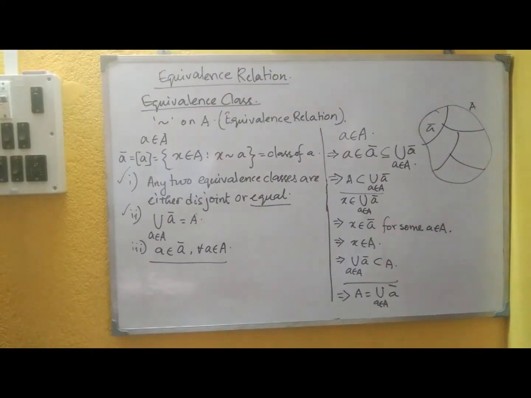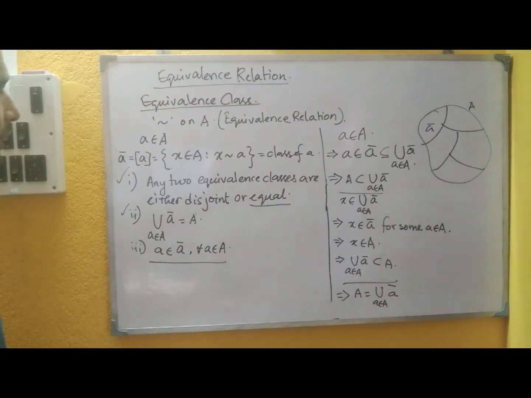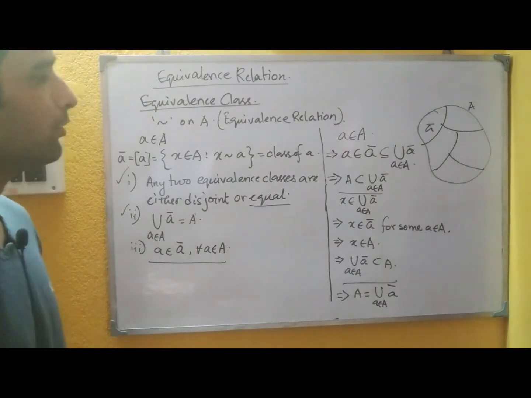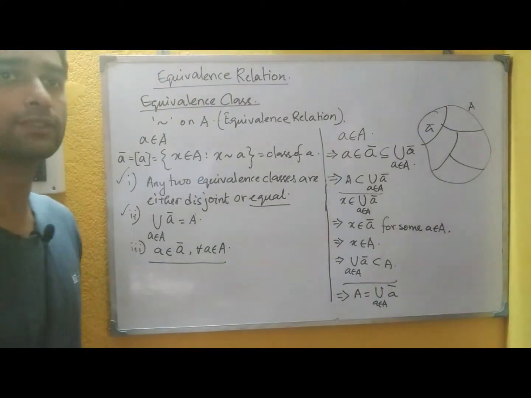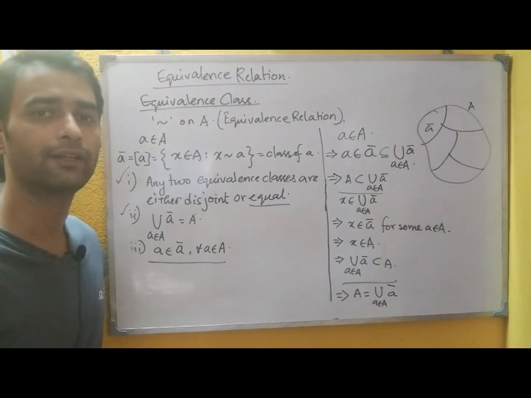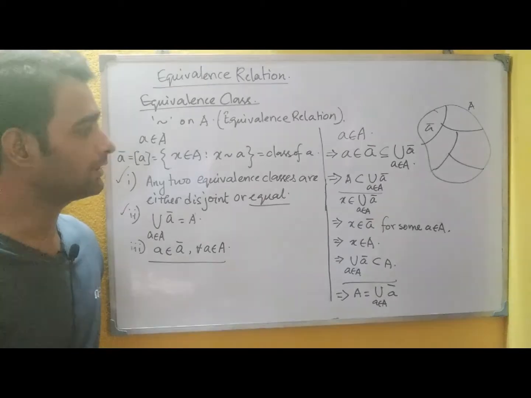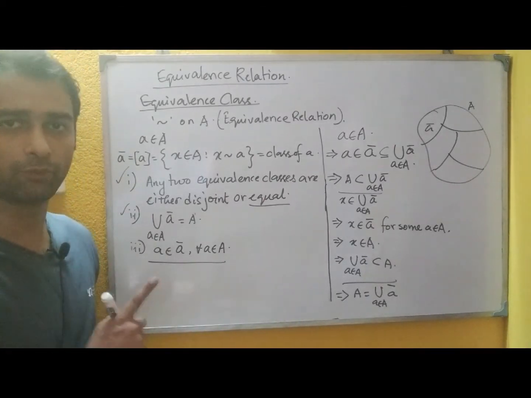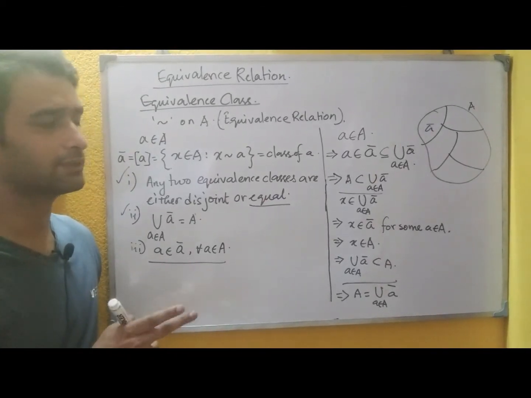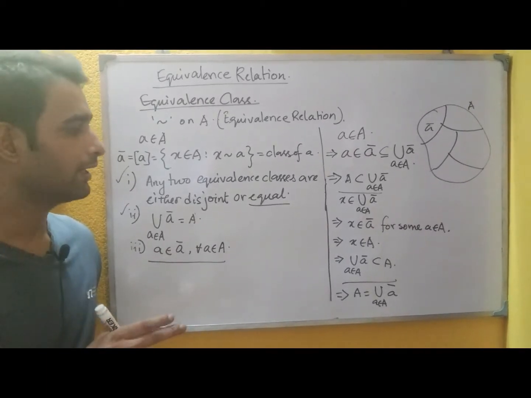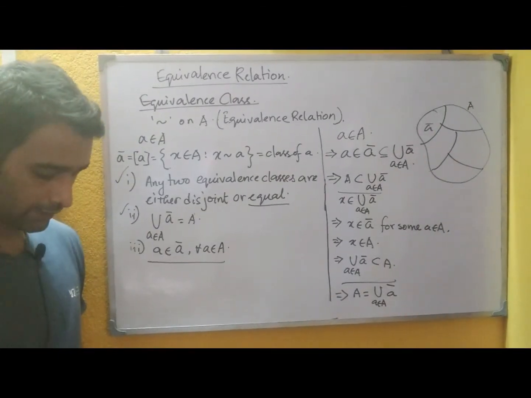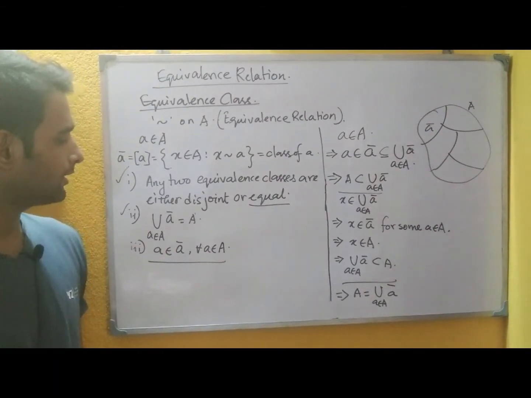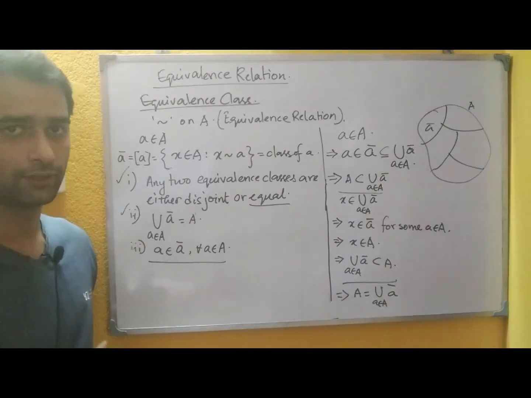So these are the properties we will have, and from this you can see that if you take any two unrelated elements A and B, then their equivalence classes will be disjoint. So that is one property of partitions, that is, the members of the partition will be disjoint. And the second condition comes from number 2, that if you take the union of all the classes, it will give you the set A.